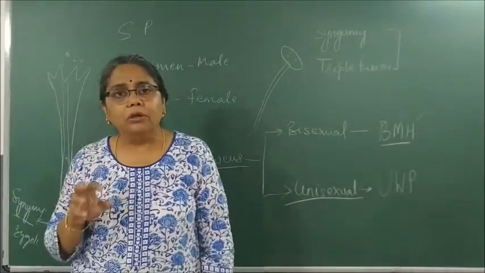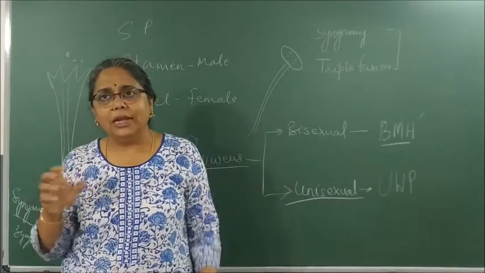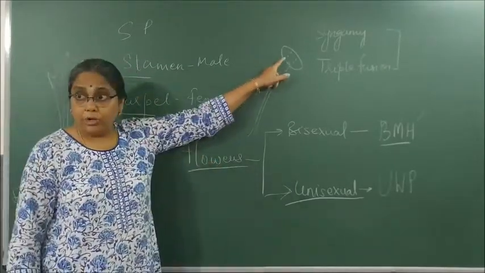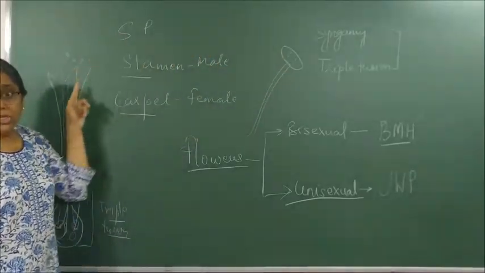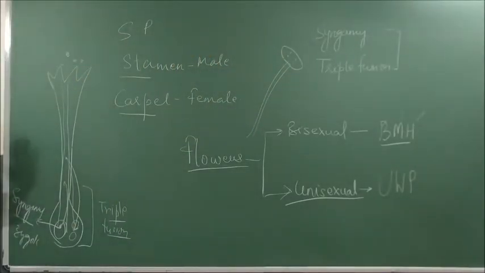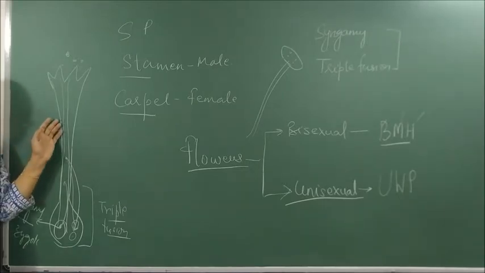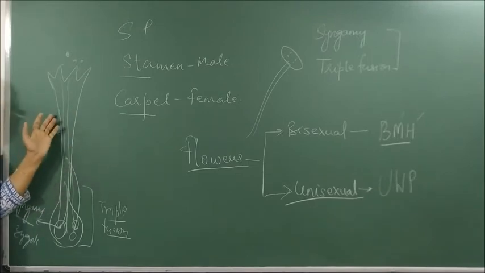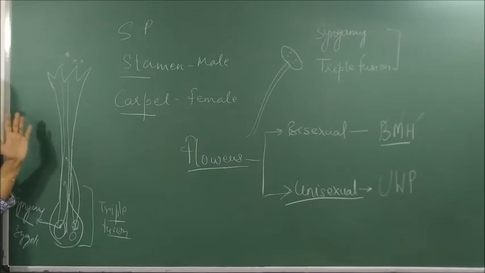Okay. So now always understand, pollination is the transfer of pollen grain onto the stigma of the flower. If it is done in the same flower, it is called what pollination? Self-pollination. If it is done from some other flower, it is called what pollination? Cross-pollination. But pollination should occur between the same species. It is not that a rose's pollen grain will fertilize a hibiscus. It has to be the same species.